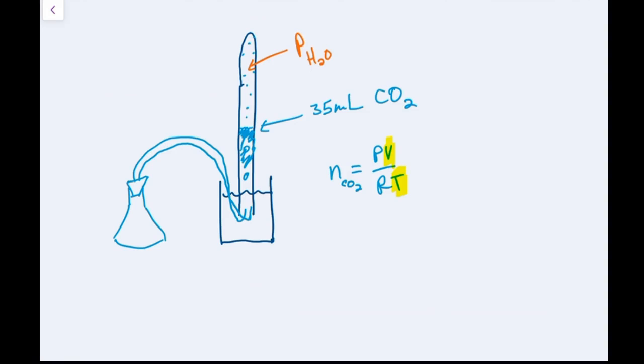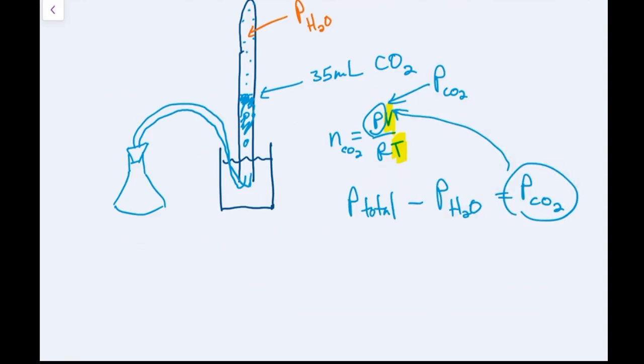So let's go ahead and just work out how this would work in our experiment. So I'm going to say n of CO2. And by the way, you don't have to change the numbers for your experiment. I'm just showing you how this would work if we were to factor in the fact that we're collecting this